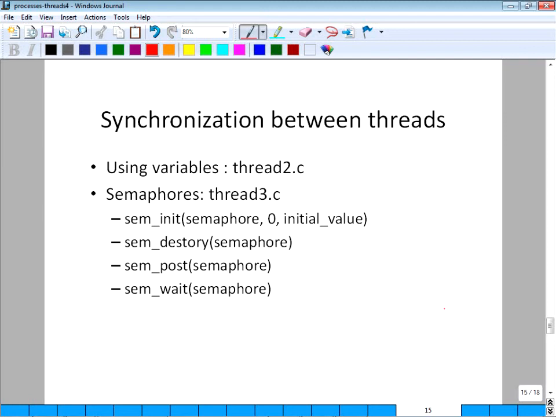100 threads is very common. It will look like 100 transactions are progressing in parallel, but in reality we have only 16 CPUs. They take time switching and all that. I have seen up to even 1,000 threads, because that's in a telecom environment where 1,000 calls are going through.